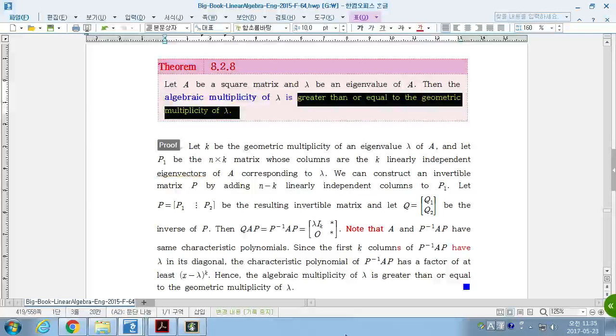그 1차 독립인 아이겐벡터들을 또 솔루션 스페이스의 기저를, 아이겐 스페이스의 기저를 구해봤을 때 그 기저가 그 중근의 개수를 넘어선 적이 있었어? 중근의 개수를 넘어설 수가 없어요. 지오메트릭 멀티플리시티가 맥시멈일 때가 바로 합치면 중근의 개수의 합인 n하고 똑같아지는 거예요. 보통의 경우는 그보다 같거나 작아요. 그래서 그 합도 같거나 작은 거죠. 오케이? 그것이 정리가 얘기하는 거예요.